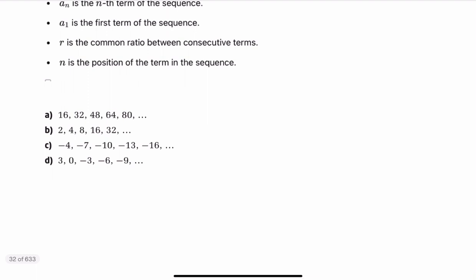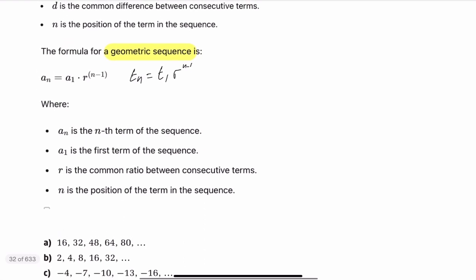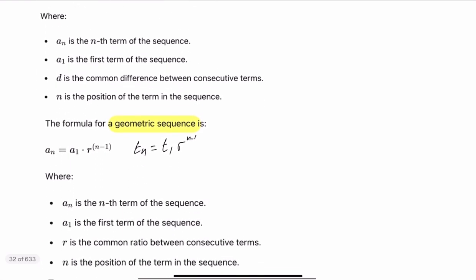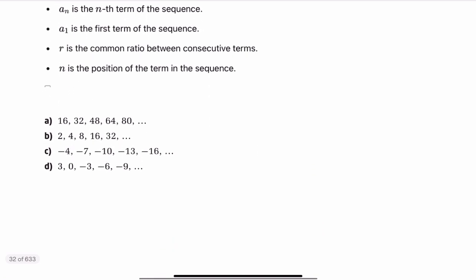Try to stop the video and identify each one of these given groups of numbers, which one is a geometric sequence and which one is an arithmetic sequence. So now I will do the problem. So for the first one,